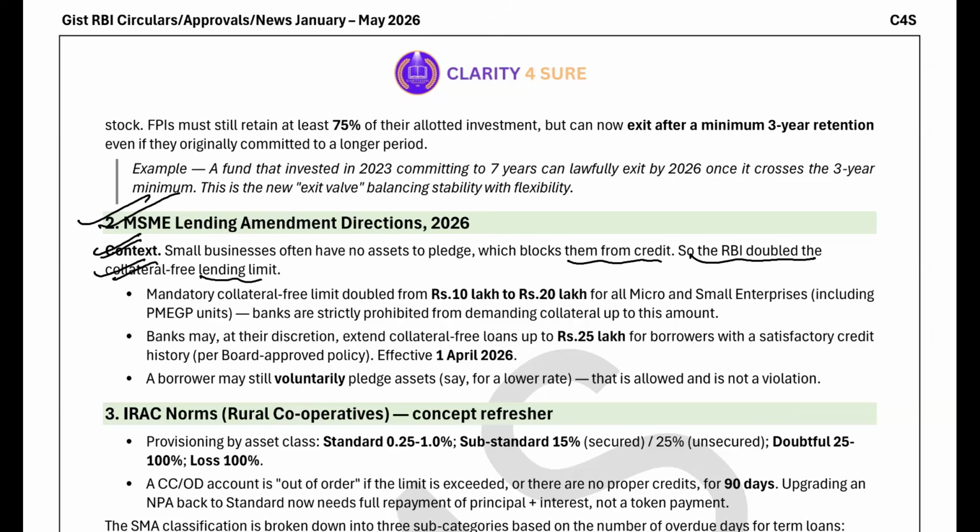तो आरबीआई ने क्या कर दिया है, एमएसएमई लेंडिंग अमेंडमेंट्स, ठीक है, डबल कर दिया है कोलेटरल फ्री लेंडिंग. दैट इज मैंडेटरी कोलेटरल फ्री लिमिट हैज बीन गिवन टू, एंड इट इज इंपॉर्टेंट, 10 लाख से क्या कर दिया गया है, 20 लाख. फॉर व्हाट? स्मॉल बिजनेसेस ऑफ्टन हैव नो एसेट टू प्लेज, तो विच ब्लॉक्स देम फॉर क्रेडिट. तो आरबीआई ने क्या कर दिया है, डबल कर दिया कोलेटरल फ्री लेंडिंग लिमिट, दैट इज 10 लाख फॉर 20